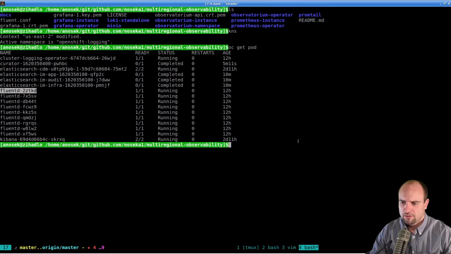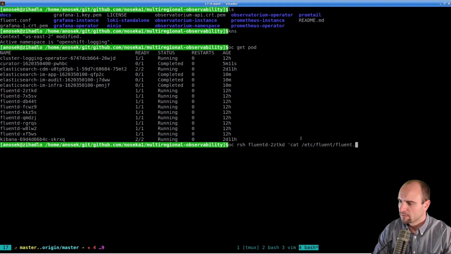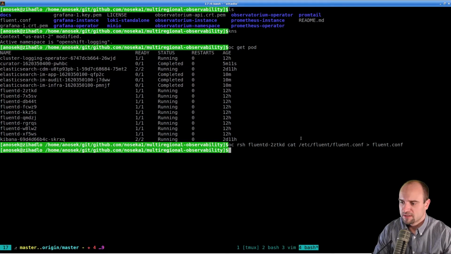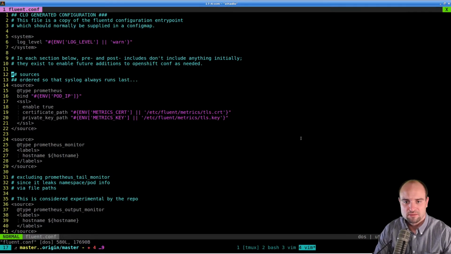So let's take a look at the configuration of FluentD. I can do oc, and that configuration is stored in, let's see, fluent.conf. Is here. Save it as fluent.conf. I'm copying it out of the container to the local file system so that we can use VI with the syntax highlighting so that it has more colors. Alright, so this is the FluentD